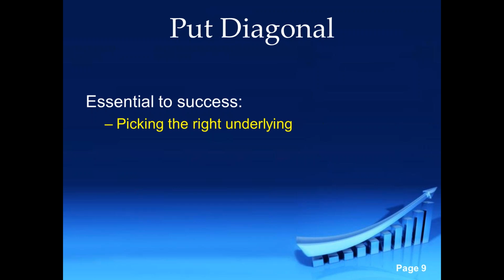Picking the right underlying for a stock that's under $100, the bid ask on the closest to expiration month should have tight markets, and those tight markets should be no more than 10 cents wide from the bid to the ask on any one of those strikes that are closest to at the money. Now, having said that,